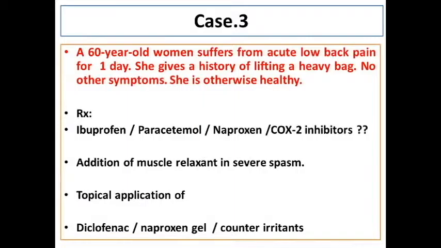a physician. But for ordinary pains which occur either because the muscle has gone into spasm, or because you stressed yourself too much, drugs like ibuprofen, paracetamol, naproxen and other COX-2 inhibitors can be used in treatment of pain. COX-2 inhibitors again need to be used only for a short period of time. With naproxen, an additional point is also anti-inflammatory. Yes, sometimes you need some anti-inflammatory drug in this situation, so you may use naproxen as well.